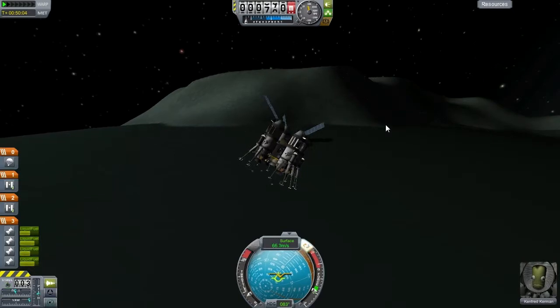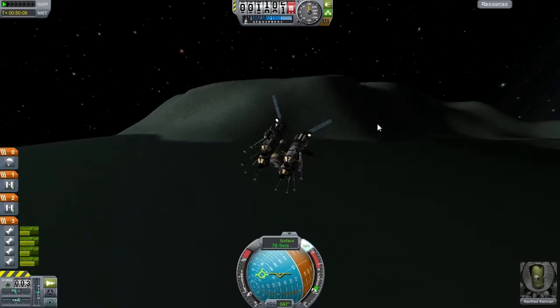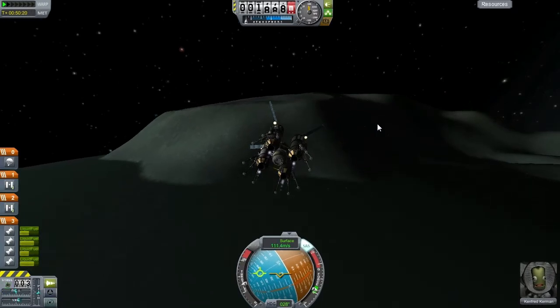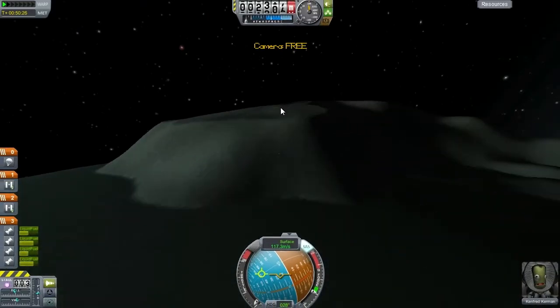What? It's not quite over at 90, is it? It's more towards the north. That's kind of where we want to go. So burn a bit more in that direction. And that should do it. Now what's that? Oh, that's going to send us miles over it, and we're nowhere near it. So we need to